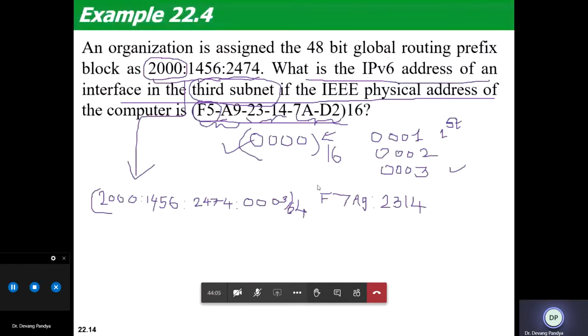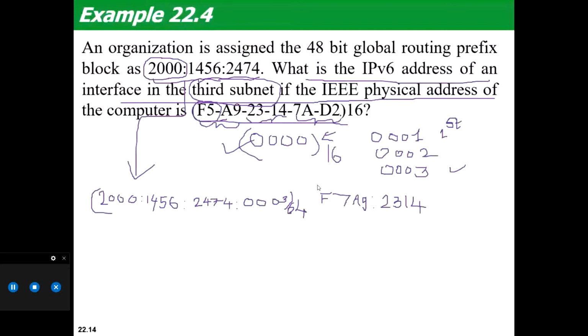हार्डवेयर एड्रेस, अभी ये जो एड्रेस है इसमें मैं 4 ग्रुप का ब्लॉक बनाऊं 4 डिजिट का, तो कितने ब्लॉक बनेंगे? तो सर 3 बनेंगे. 3 ब्लॉक बनेंगे. यस, पहला ब्लॉक ये, तो ये पूरा एड्रेस नहीं होगा 64 बिट का, 48 बिट ही रहेगा. So I have to do stuffing. स्टफिंग कैसे होगा? Now just listen carefully, that's what we are doing now. FFFE का स्टफिंग करना है, FFFE का.